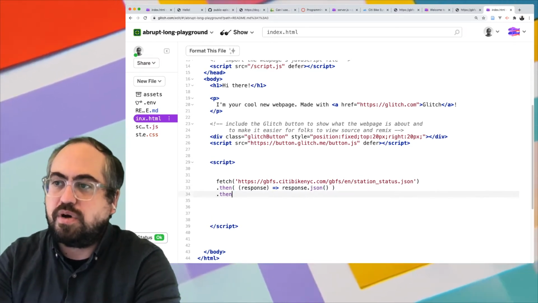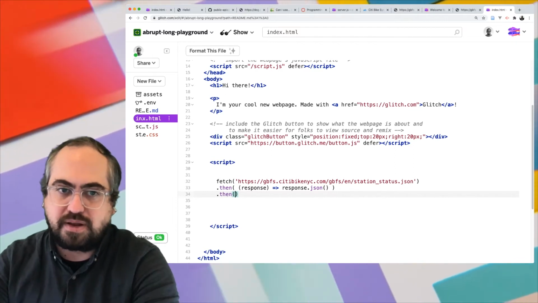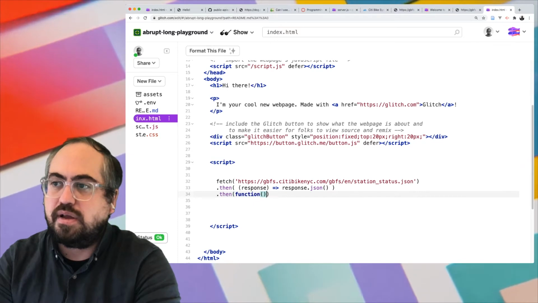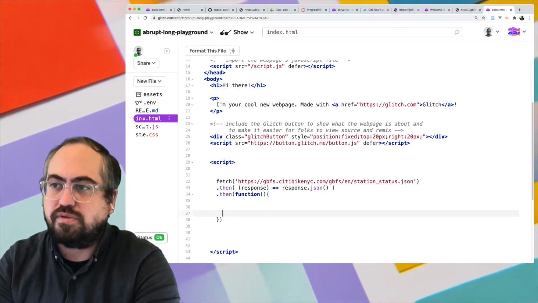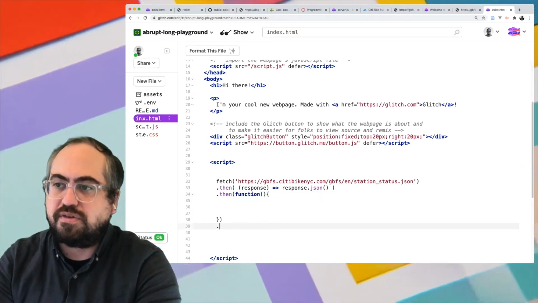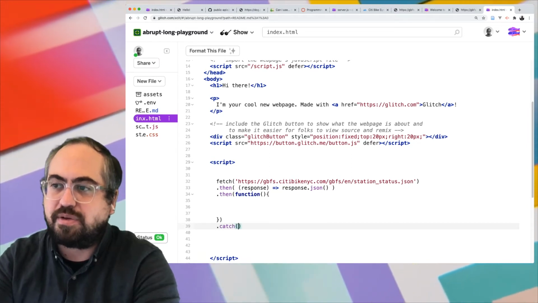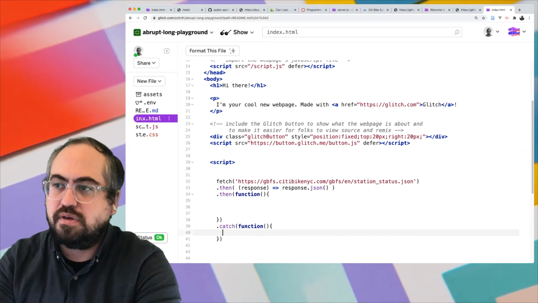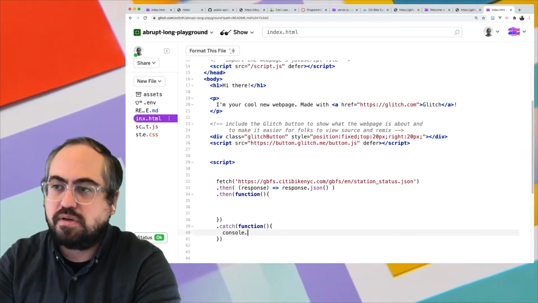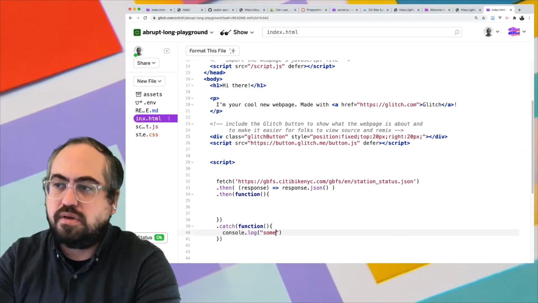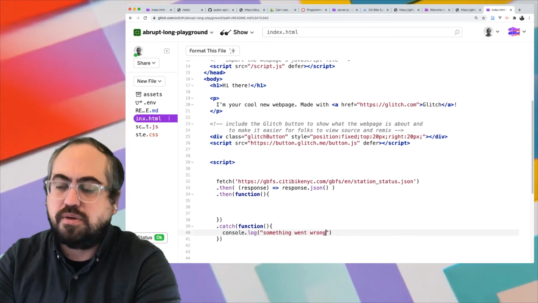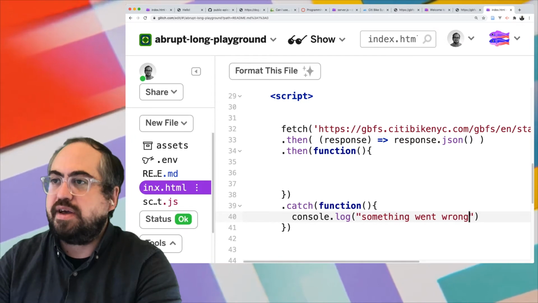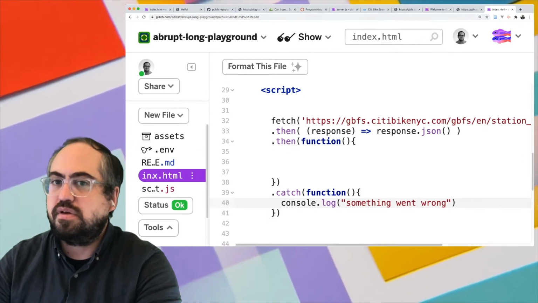And then we want to do something with the data ourselves, so we'll pass that into our own function, and that function will do something with the data. And then, of course, we'll have a catch here in case something really goes wrong. We'll write a function, we'll say,